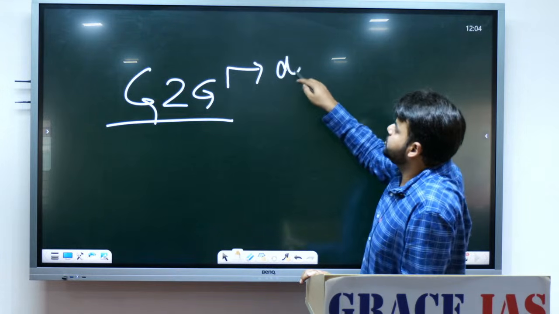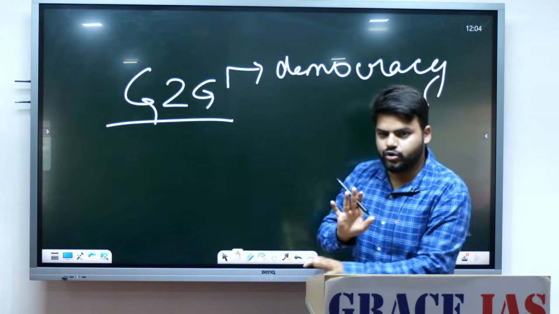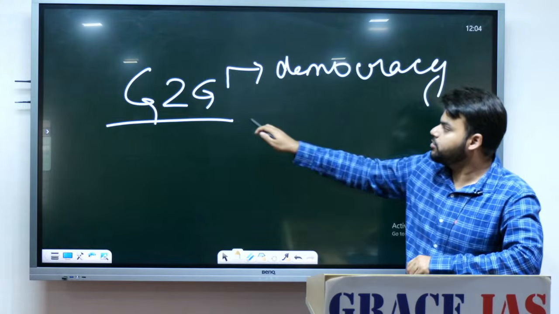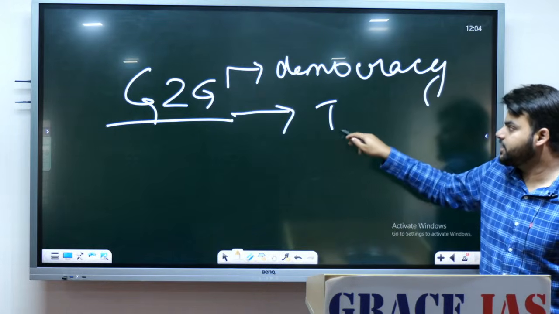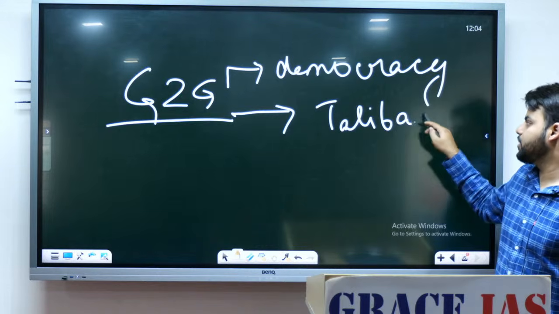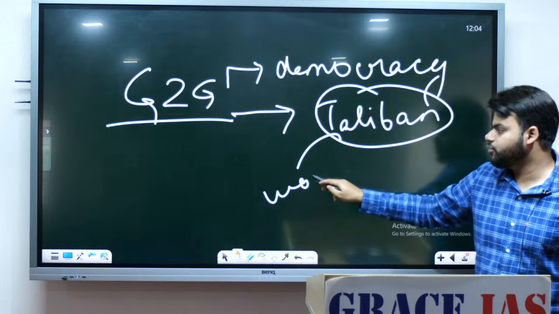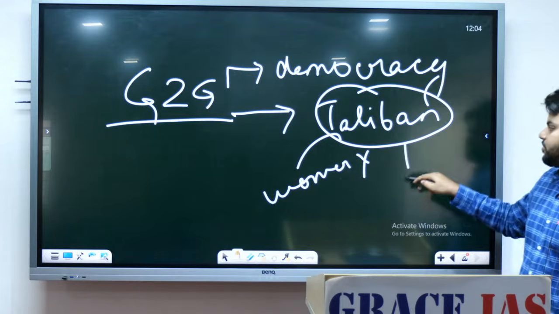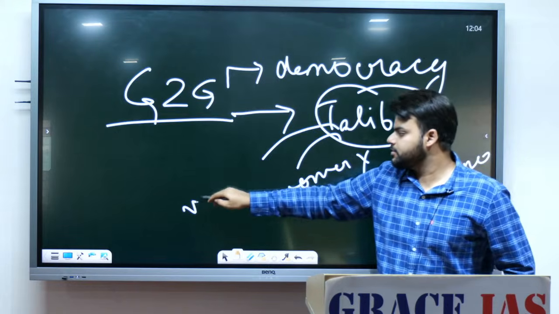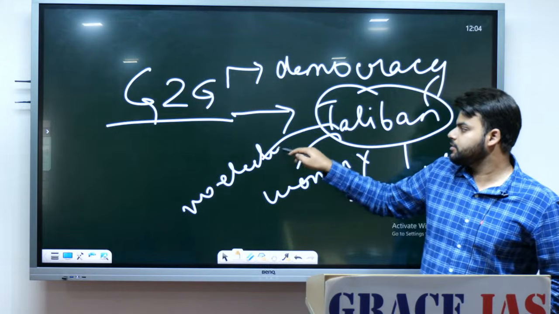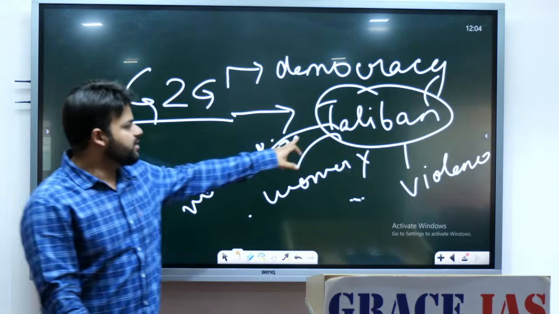India always supports democracy, that we all know by now. But right now in Afghanistan, is there a democratic government? Or there is Taliban? Taliban is actually no rights for women, violence, no elections. Fine. So this Taliban government,